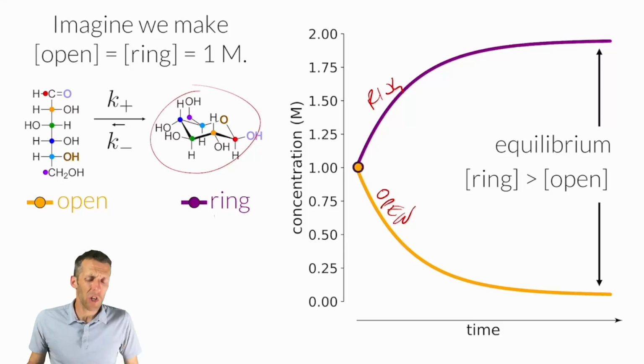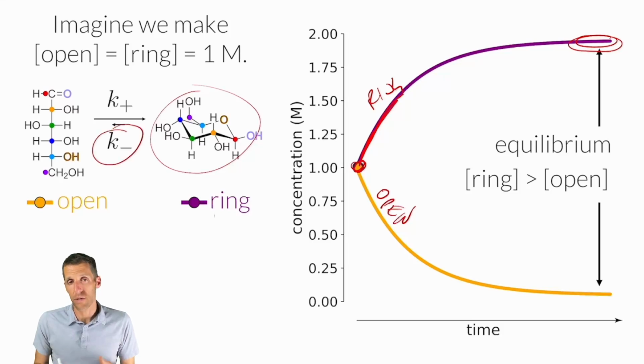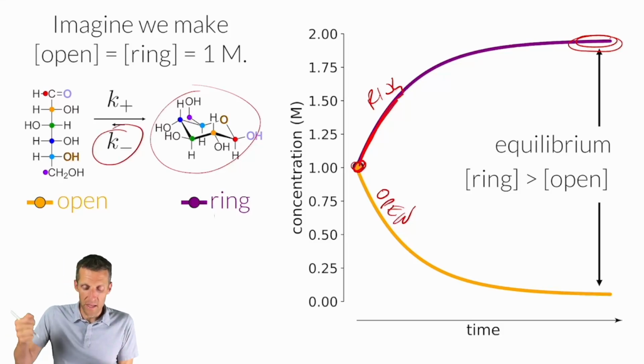And let's actually talk about what's happening up here, right? At the beginning, the rate constant for going forward, for forming ring, is faster than the rate constant for going from ring to open. And because you have an equal concentration of everything, it's going to start accumulating ring, because that rate is faster. But once you get up here, you've got so much ring around that the back reaction using K minus, even though K minus is smaller, the amount of ring is so high that you start getting appreciable backflow,